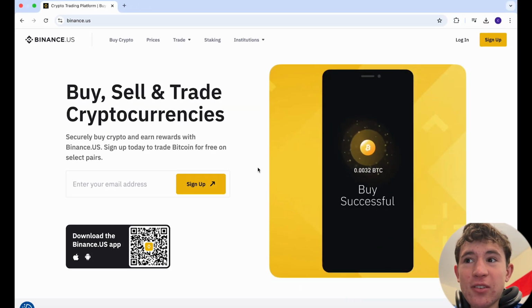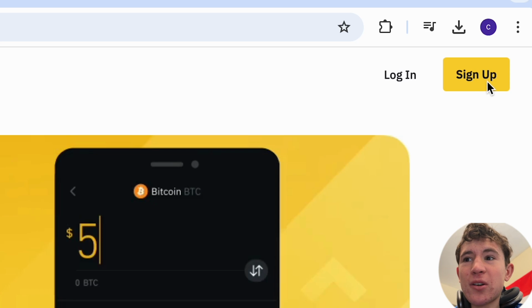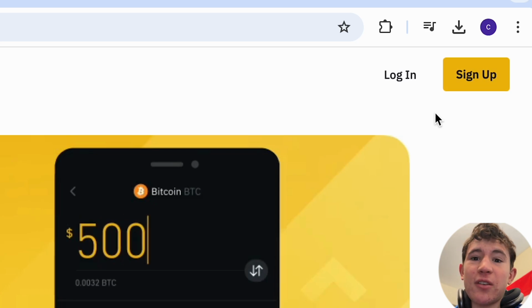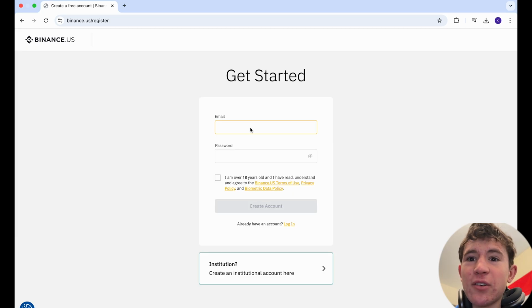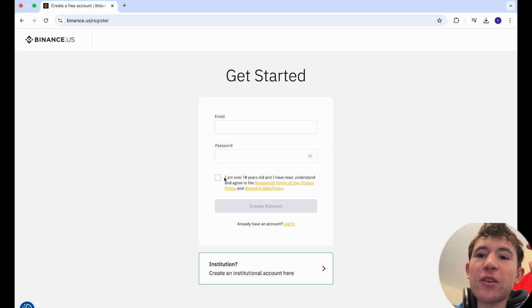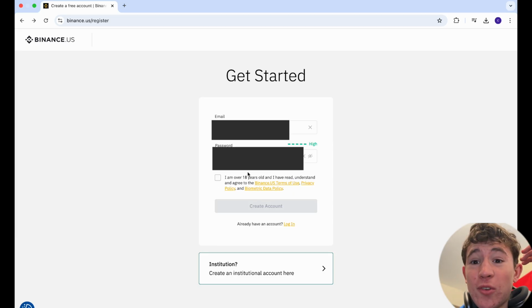Now, when you're on this site, you're actually going to want to go in the top right corner and click on the sign up option, unless you do have a login, which you probably don't. You click on the sign up option and you want to enter in your email and the password that you want it to be to get started. And once you've done that, you just want to check this box, making sure that you're over 18,